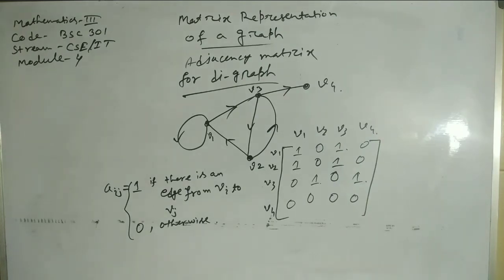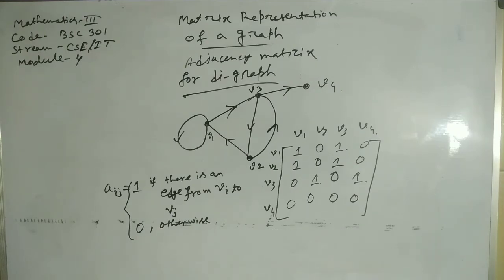Okay. So this adjacency matrix is also a square matrix, but it will not be symmetric because in it we are maintaining the direction of the edges, and in that order we are putting 1 and 0. That is, if from Vi to Vj there is an edge, that does not mean there is an edge from Vj to Vi also. So the adjacency matrix for a digraph is not symmetric.